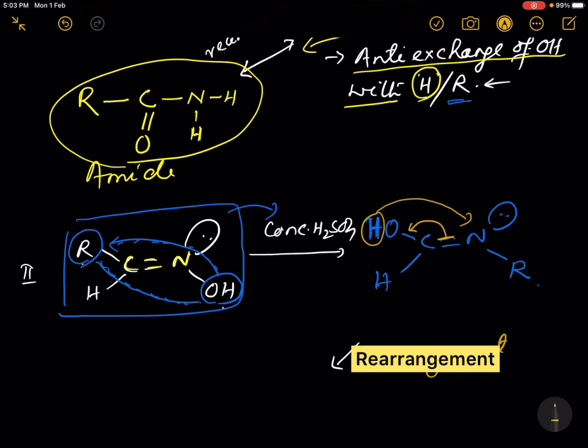So we'll be getting O, this O, then this single bond becomes a double bond, then C will be written, then this H is written over here, then this double bond becomes a single bond, then this N is written,